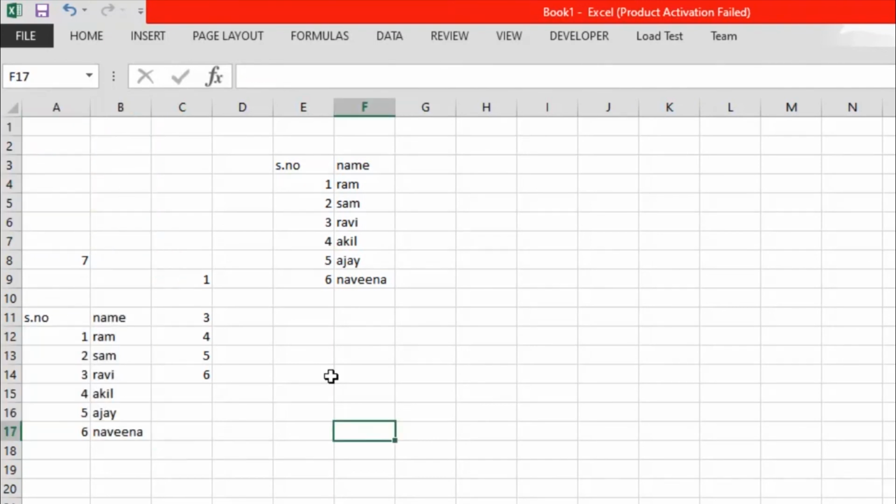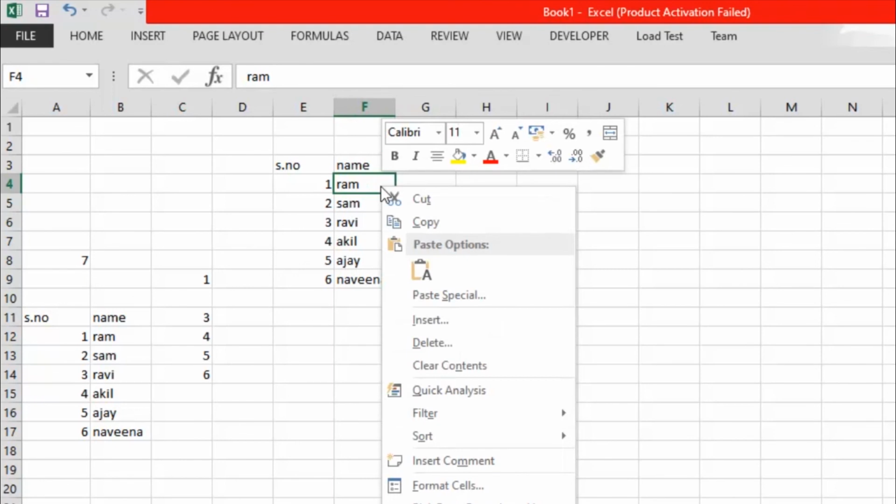Now let's see how to store extra information about the data without showing it in the Excel sheet. Suppose Ram's age is 20, but this data should not be shown in the Excel sheet, yet it should be present in the sheet. There is an option to comment this. We'll cut this, select the cell and right click on it.